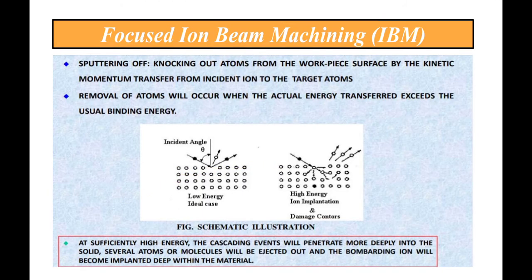Now let us focus on focused ion beam. Here, sputtering or knocking of the atoms from the workpiece surface by the kinetic momentum transfer from the incident ion to the target atom takes place. I will explain it here with the help of a figure. As you can see, this is the ion from some gas coming and hitting the top surface of